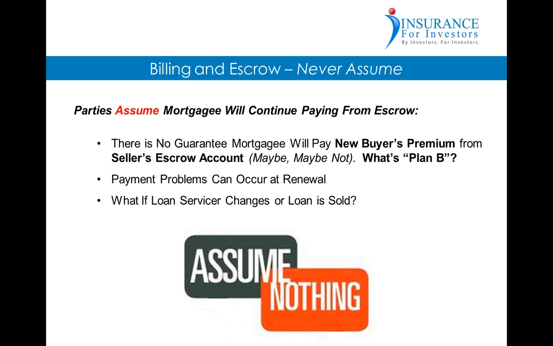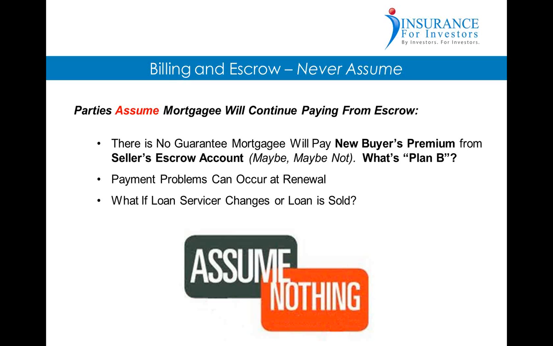Payment problems can occur at renewal. So let's say that the premium is paid in full at closing. Everybody's happy. The first year is great, but then that renewal bill goes out for the insurance. Who is that renewal bill being sent to? Is it being sent to a new escrow account that was set up for the buyer at a loan service company? Is it being sent to the buyer directly to pay individually? Is it being sent to that mortgagee? Well, if the mortgagee, say for instance, maybe paid it the first year, doesn't mean they're going to pay it the second year. You never know who's going to look at it, who's receiving that file, or what they're going to say, or what's changed internally. So it's always a risk.